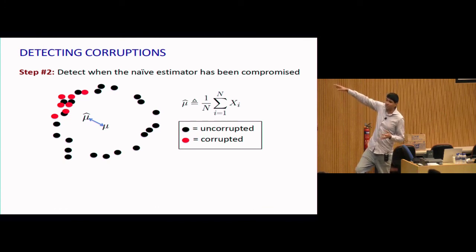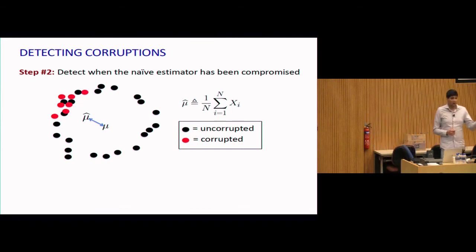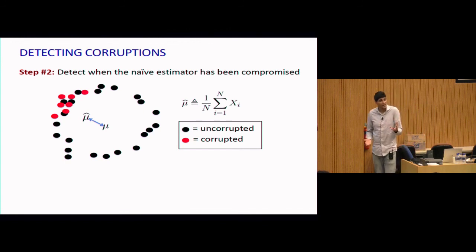All they would have to do is choose some direction, shoot off in that direction, and add a bunch of corruptions right along that shell. Now the fact that the radius is root d and you're corrupting an epsilon fraction of your data moves you by epsilon times root d. So that's fundamentally where this tension was: either we had strong guarantees from Tukey's median, but they were computationally intractable, or we had computationally tractable estimators that only got epsilon times root d. Essentially they weren't able to do anything better than pruning points that are outside of this thin spherical shell. So it's the most naive type of thing that you can think of.